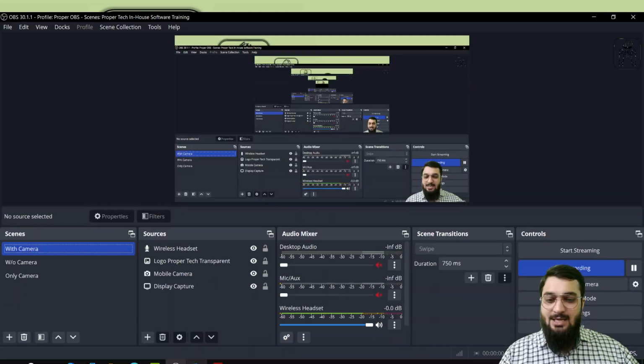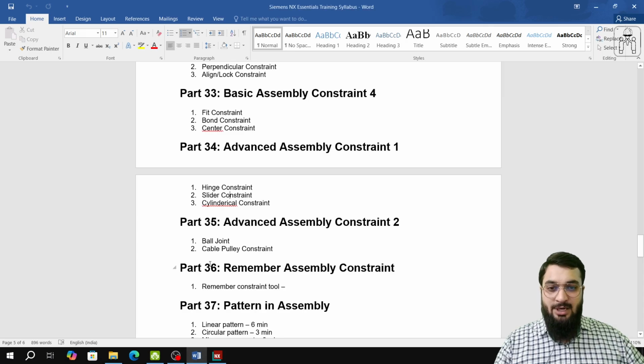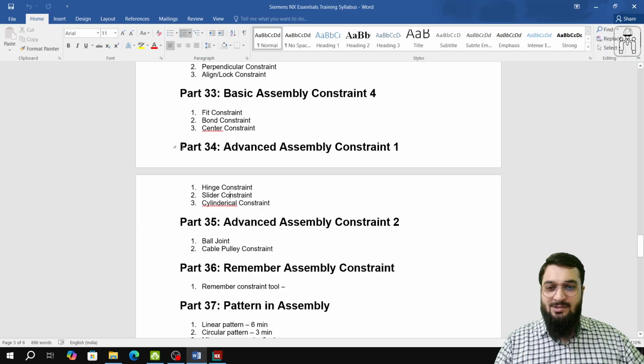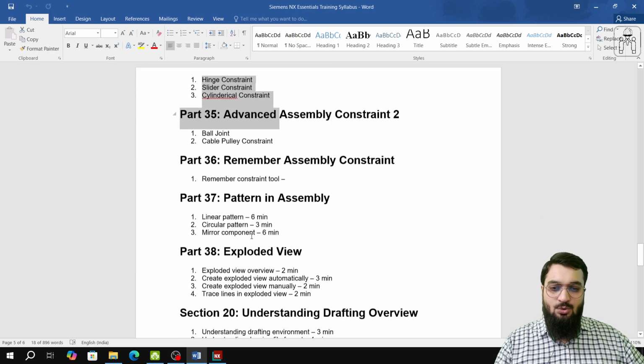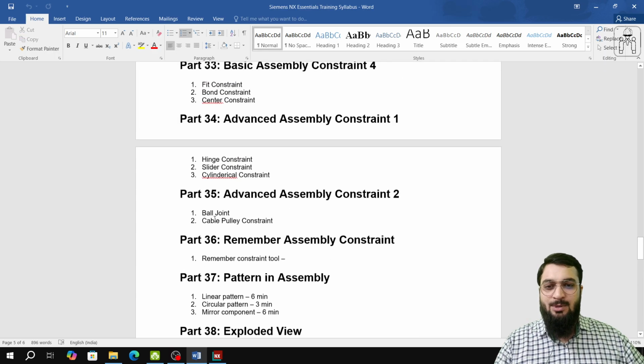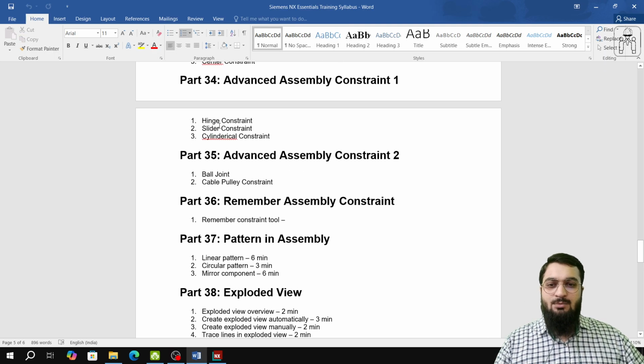Part 34 of part 38. That is correct, and we'll be starting the advanced assembly constraint part 1, and then it will be the advanced assembly constraint part 2, and two more topics, and then the exploded view, and the series will be complete. So let us come to part 34, and you see that there are three constraints